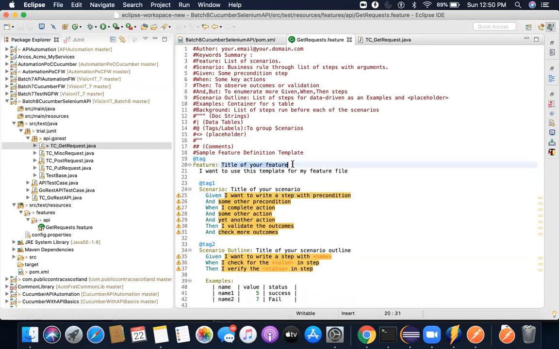Let me structure this file for our request. So we have get request. This feature file name is get request. So we will try to write a scenario for get request here. So I'll write the feature name as, I am